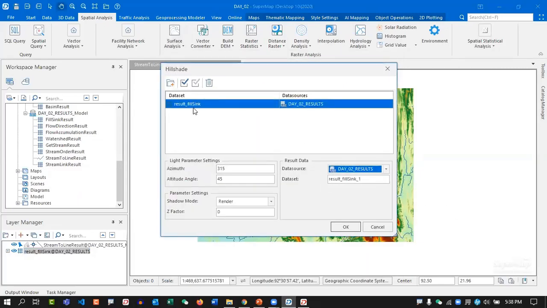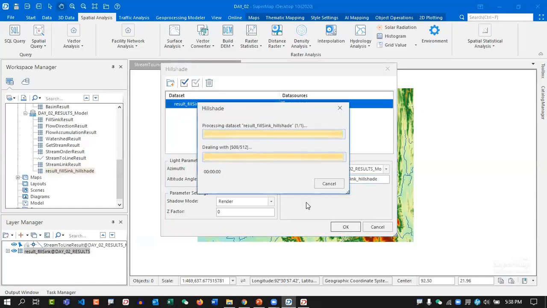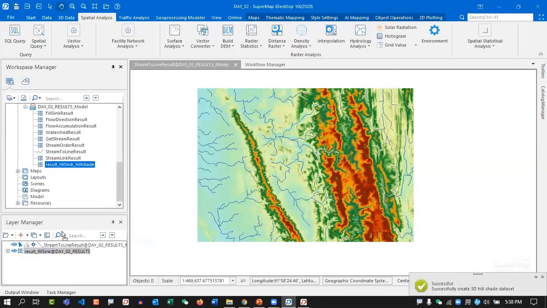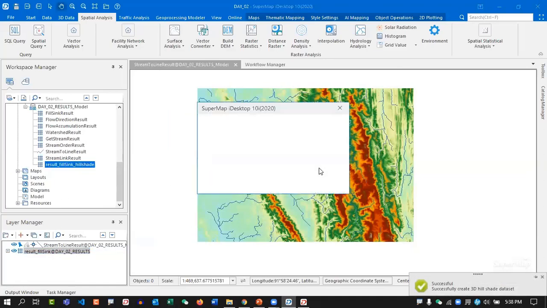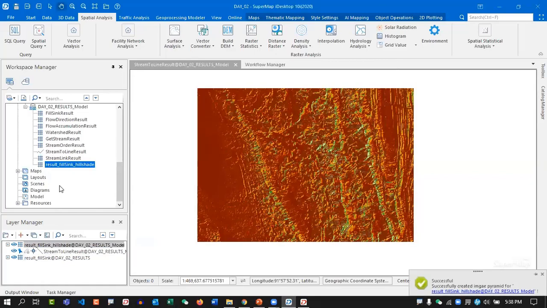Okay, so this is our result fill sink, and we will just select the data source, this one, result fill sink hillshade. Okay, so this is the hillshade data, and I'm adding such data set to our current map. Here you can see,